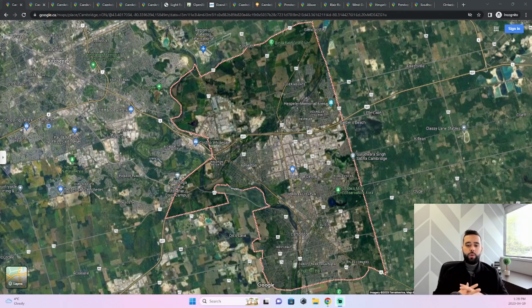So you'll see that when you are driving around Cambridge, they do in fact have 3 downtowns, Galt being the largest. But if we look at the map here, Cambridge has a pretty unique shape. It's very straight on the eastern side and then follows this road right here, which leads conveniently to the Region of Waterloo Airport, then follows the Grand River, breaks into the Highway 401. On the western side is Kitchener, on the eastern side is Cambridge, and then it once again follows the Grand River into Galt